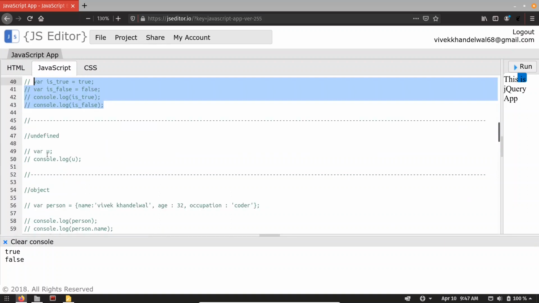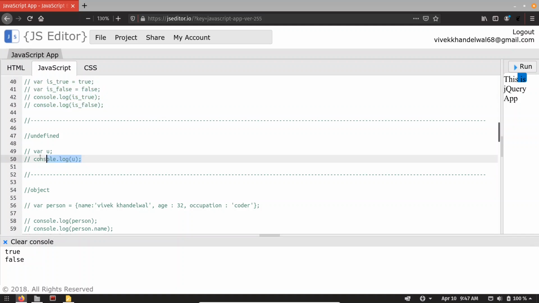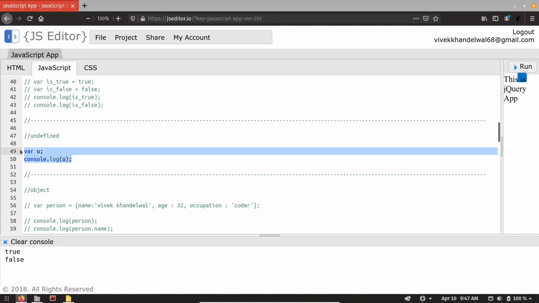Whenever we create a variable, the default data type for that variable is undefined until we assign it a value. Right now you can see I am creating a variable u and I am not assigning any value to it, and I am able to print it. So let me uncomment this code and run it. You can see it is not printing any value because it is undefined right now.